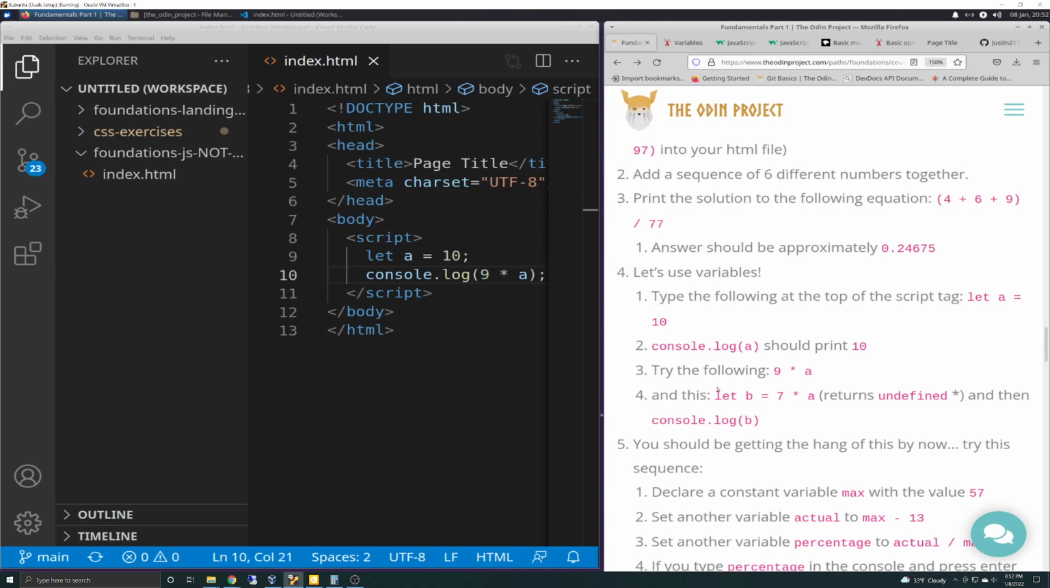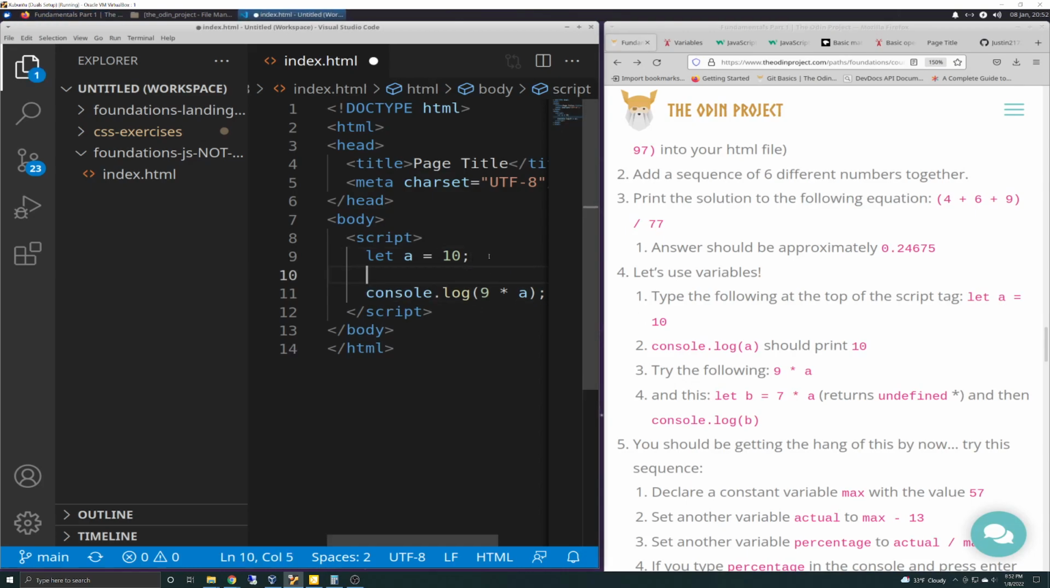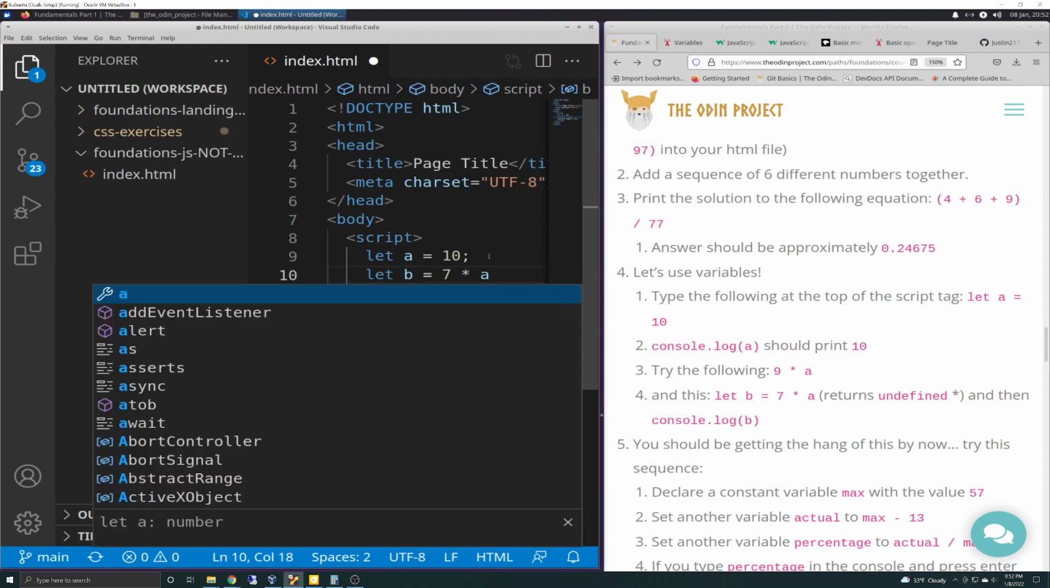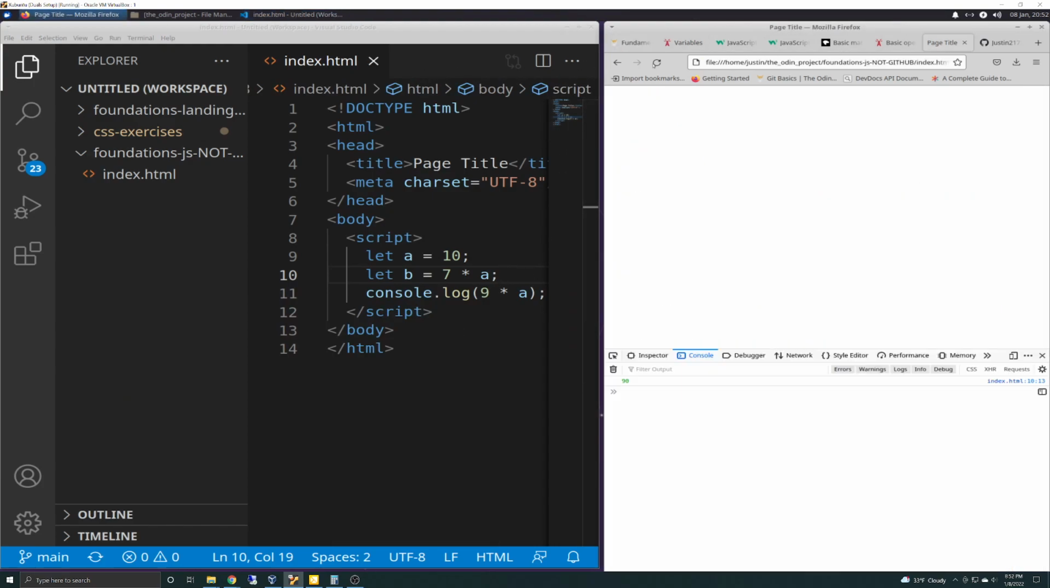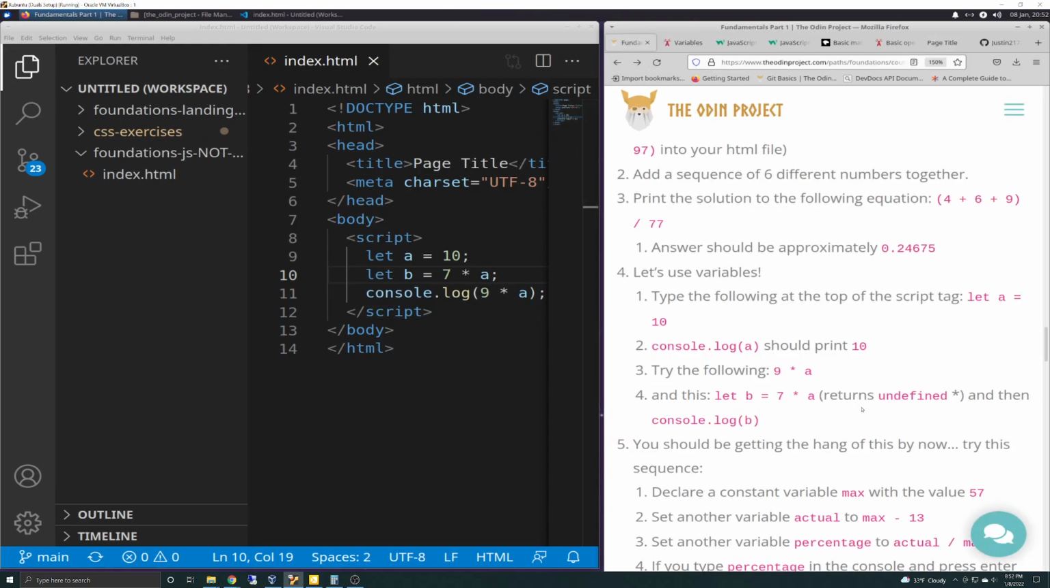Perfect. So then it says, add this. So we're going to go here, add another let statement. So let b equals 7 times a, and they're saying it should return a. I've done this already, and I don't think this works like it's supposed to. Yeah, see, it's only doing 9 times a. They're saying it returns undefined, and it's working here because,